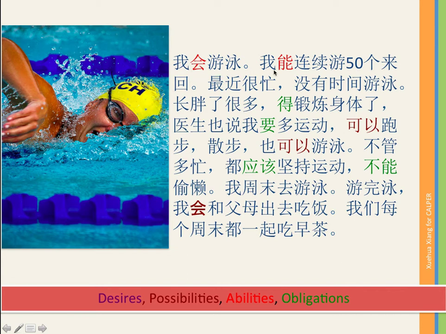我会游泳，我能连续游50个来回。最近很忙，没有时间游泳，长胖了很多，得锻炼身体了。医生也说我要多运动，可以跑步，散步，也可以游泳。不管多忙都应该坚持运动，我都要坚持运动，不能偷懒。我周末去游泳，游完泳我会和父母出去吃饭 habitual behavior 我们每个周末都一起吃早茶 So I hope that this range of sentences make it clear that although a lot of